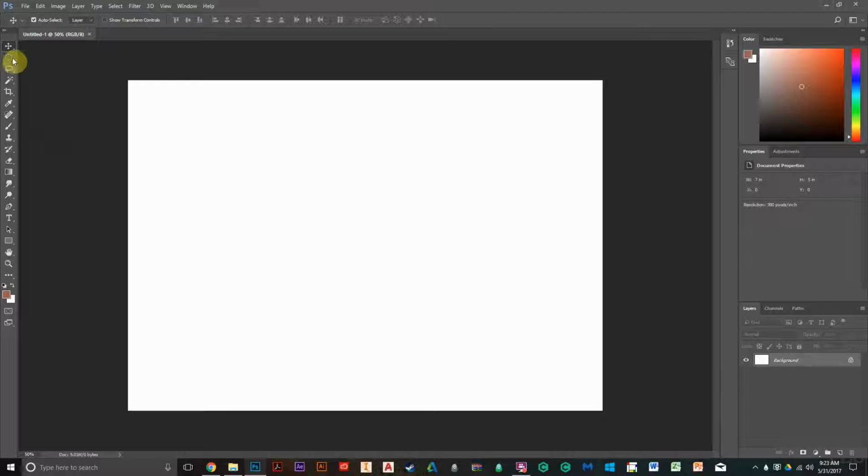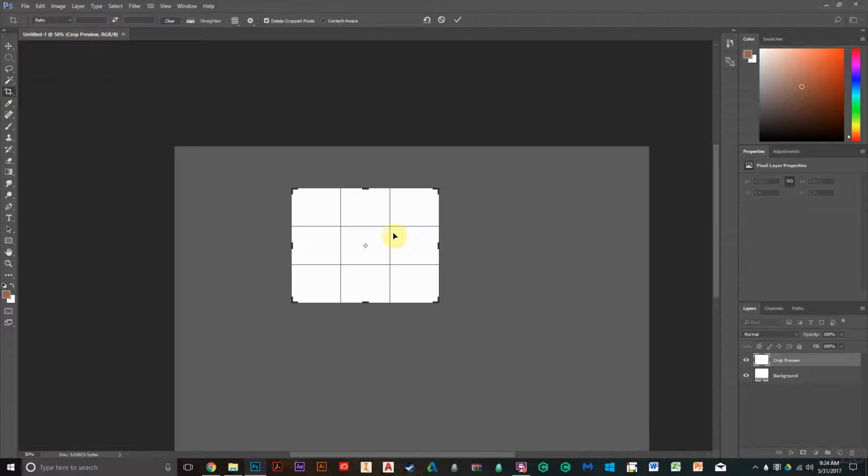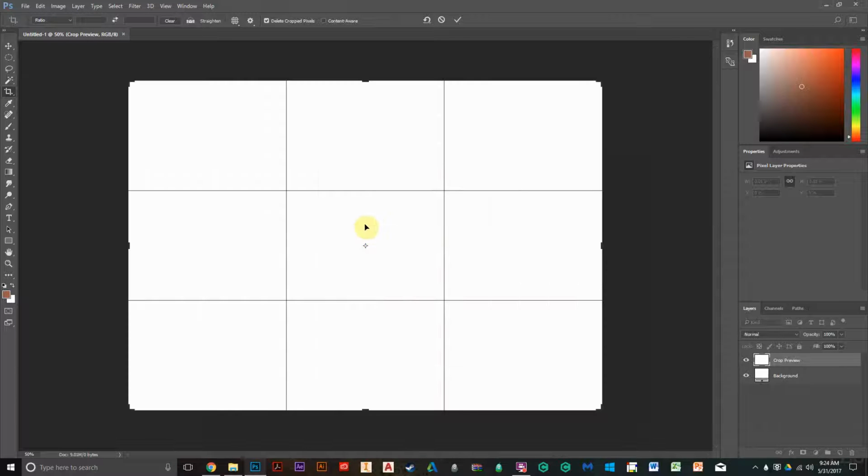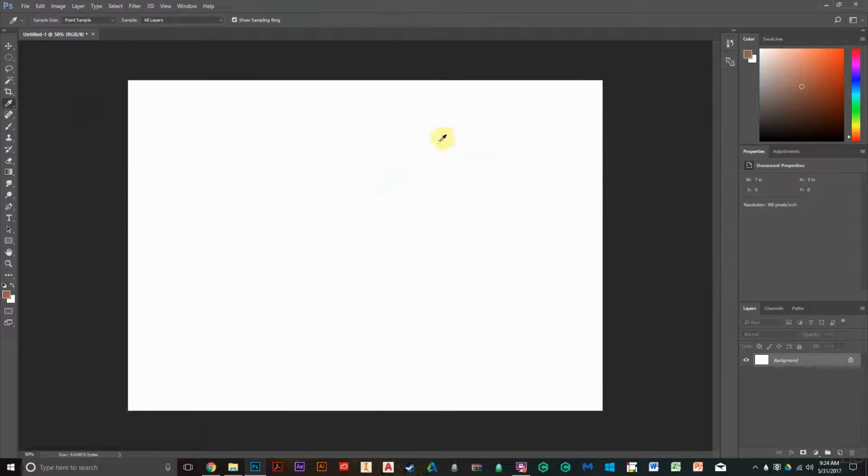So for instance, I have the lasso tool, which lets me select certain things. If I were to click and drag it, you can make selections. I have the magic wand tool, which selects things of the same color. I have the crop tool, which will narrow down certain things if you want to crop. I have the color dropper. You can select what color you want to use, and it'll change over here. So if you want to select something in the current picture to be that color, use that over there. Paintbrush tool,